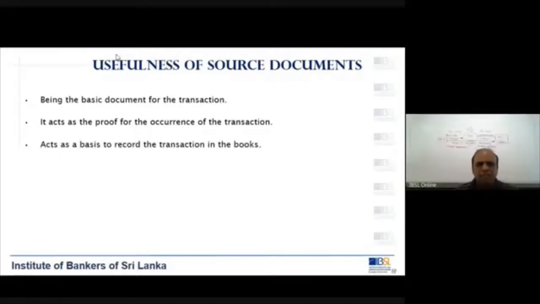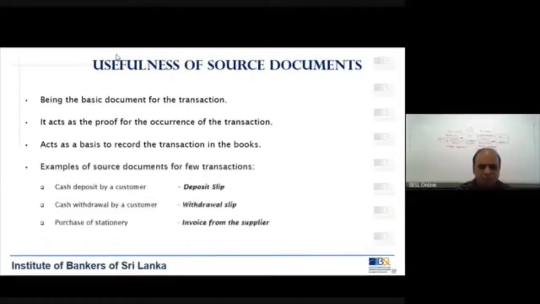It also acts as a basis to record the transaction in the books. In the books means we are talking about manual bookkeeping, but even in your systems, when you record this transaction, the evidence will be the deposit slip. So this is the example that I am talking about. Cash deposit by a customer, you know that it is a deposit slip. Cash withdrawal by a customer, you will have a withdrawal slip. And suppose the bank is going to purchase stationery for its own use from a supplier, you will get something called an invoice from the supplier. So these are a few examples of